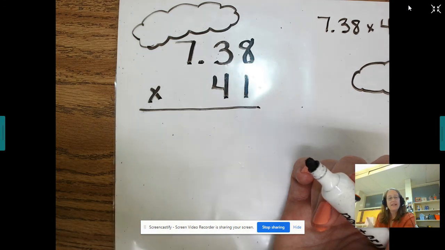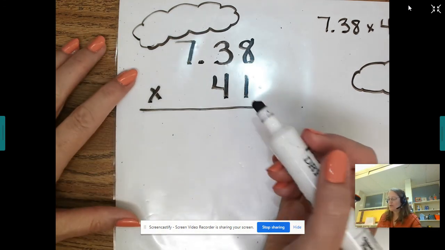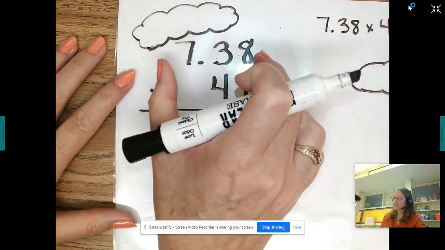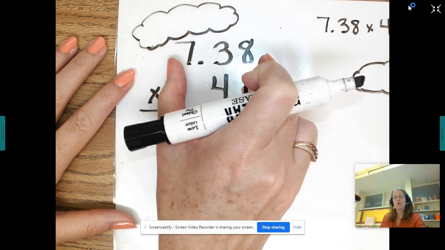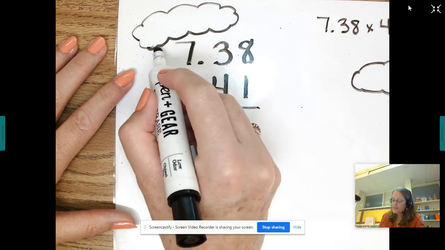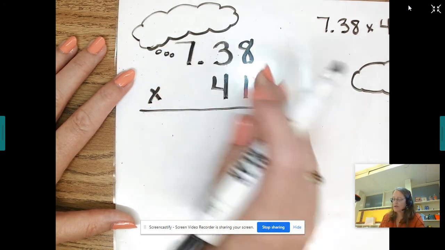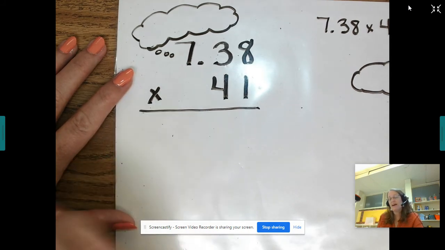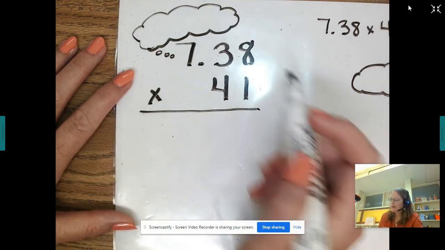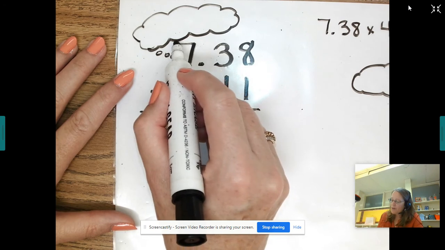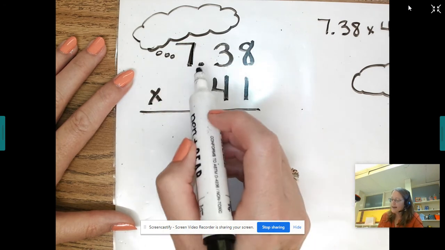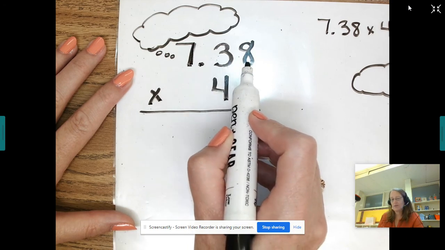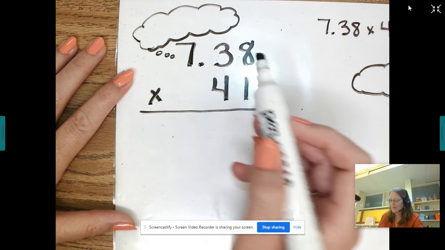So just like last week, in order to do this standard algorithm, we want to turn our decimal into a whole number. So you're going to see in today's problem set that you have some thinking bubbles, okay? And I'm going to show you how we fill out those thinking bubbles. The first thing I want to be thinking is, how can I change 7 and 38 hundredths into a whole number? Well,